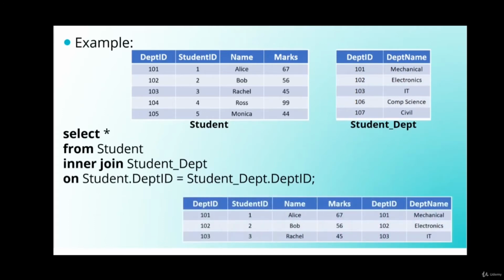The difference between natural join and inner join is that natural join used to remove the duplicate common column, but over here it is not removed, which is why we can see there are two columns named department ID in the output table. And also in natural join we didn't have to write this last statement of the query, that is student dot department ID is equals to student department dot department ID, but in inner join we have to mention it.